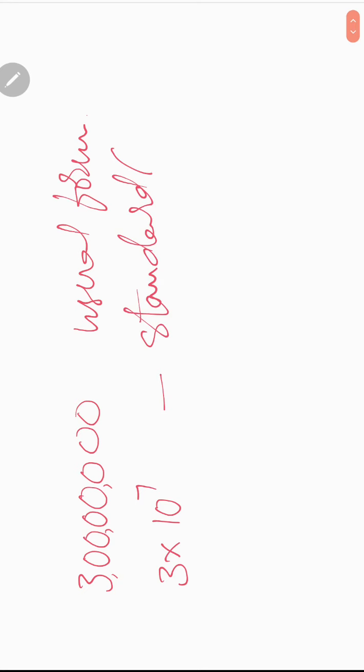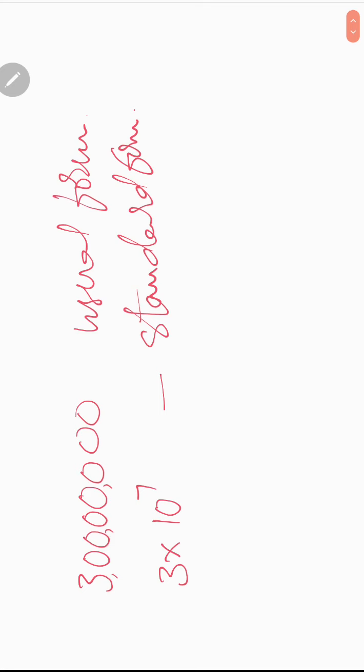These large numbers in usual form, by using exponents, we can write in the simplest manner, like 3 into 10 to the power of 7, because 3 is followed by 7 zeros. In this manner we can represent any very large number. This kind of expression is called the standard form of the given number. This is the way of writing large numbers in standard form.